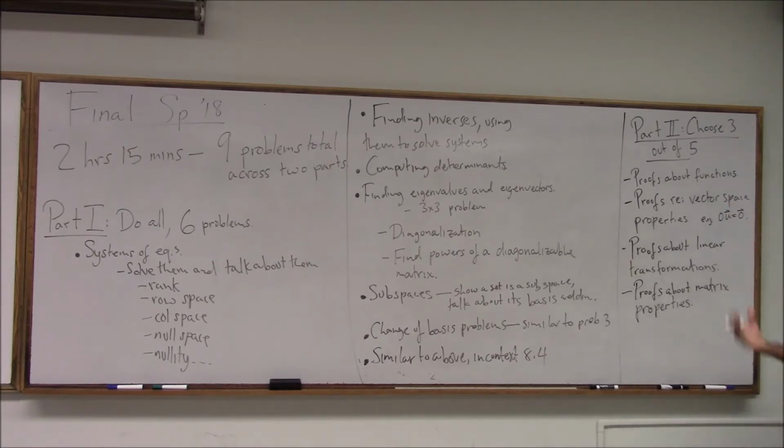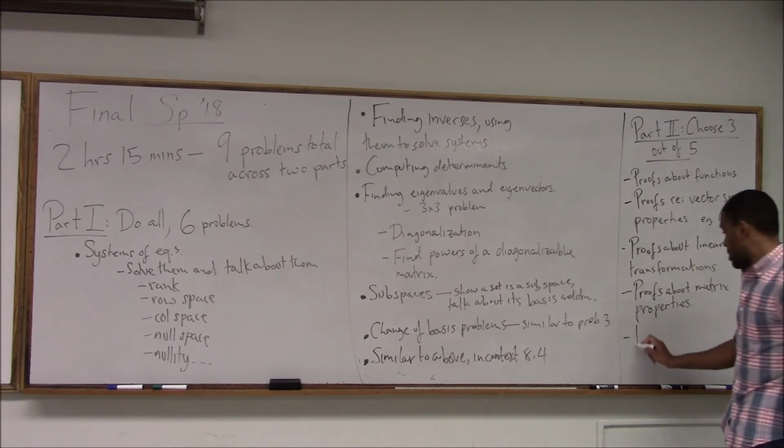So that's just facts about matrices themselves. You might not think of them in the context of linear transformations, but just as matrices. So you can think of that like certain things that went into proving the equivalence theorem. What are some facts about matrices? When do inverses exist? When do determinants exist? And so on. And the last thing is proofs